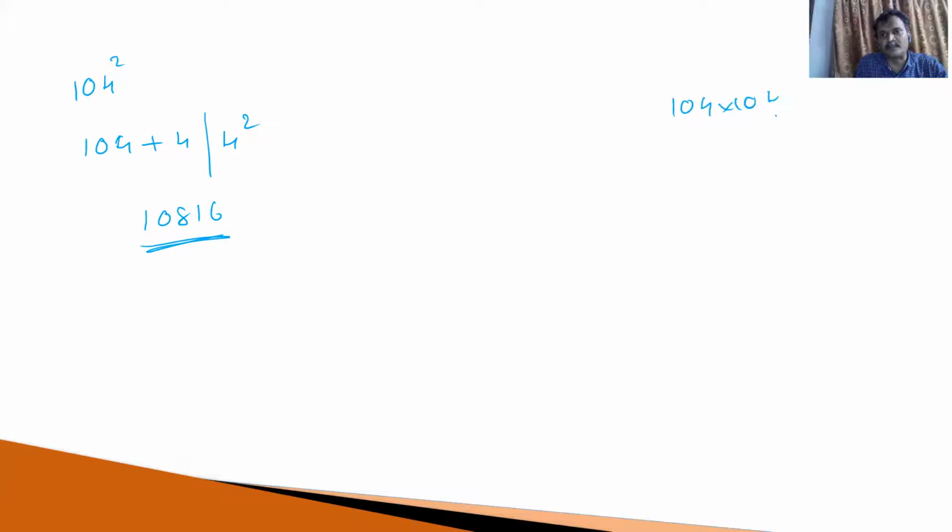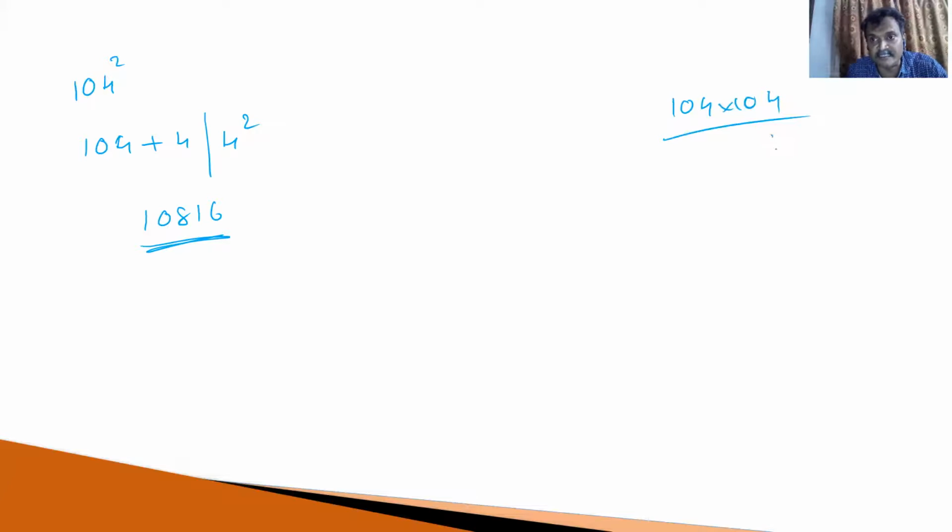Here, 104 is more than 100 or less than 100? More than 100. So here 104 is how much excess than 100? That is equal to 4, right? So just write down 104 plus add the excess to this number. This is the left hand side part. What is the right hand side part? Just take a square of that number. So what is the answer? 104 plus 4, 108. 4 square is equal to 16. That is the answer. No need to write down 104 into 104.